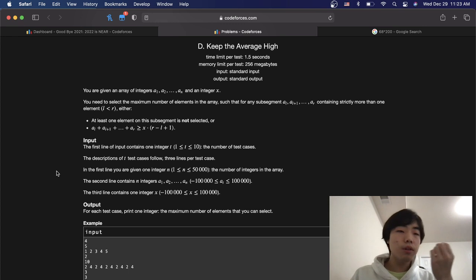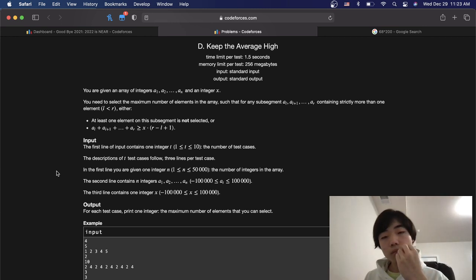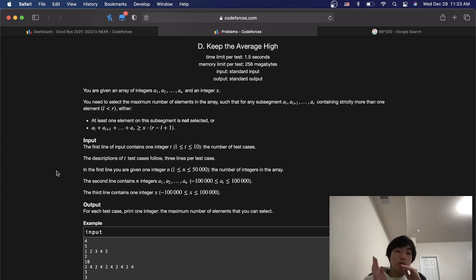Oh wait, you know what we can do? Another way you can just think about this is if we sort all these elements in increasing order, and we add them, and then the moment we get 2 adjacent pairs, and also their averages, the average of this complete subarray is not satisfied,